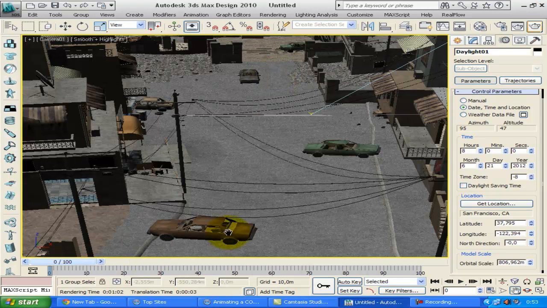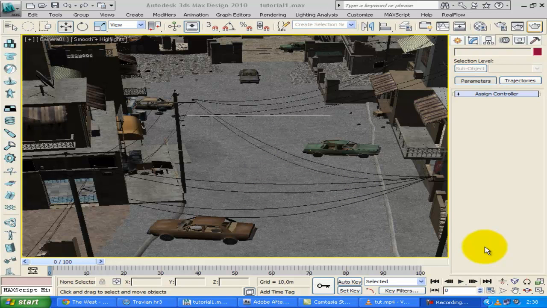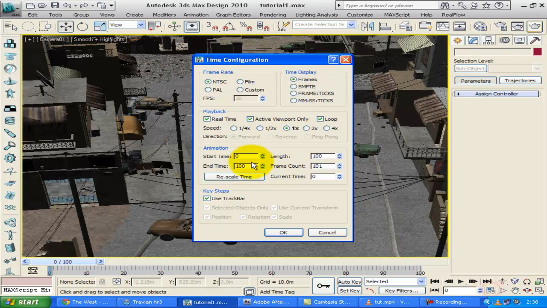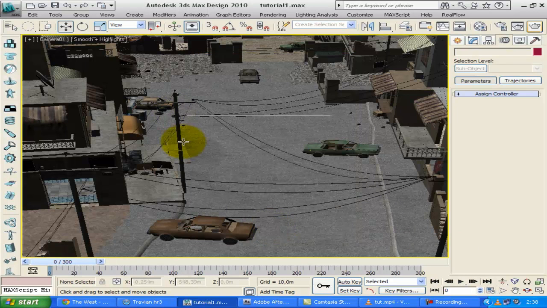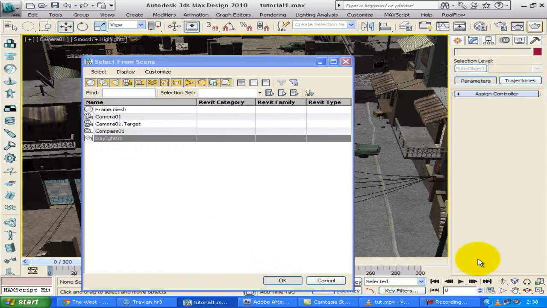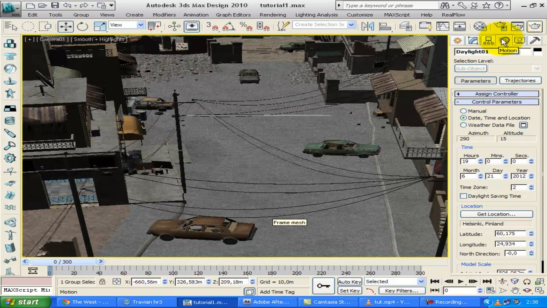And just for you, I made an animation that lasts 10 seconds from 8 a.m. to 8 p.m. just to give you an idea on how awesome this system is. And the way I did it looked like this. I extended my animation to 300 frames. I selected my daylight system, and from the motion tab I set it to 8 a.m. Make sure you're at the beginning of the animation, set auto key,